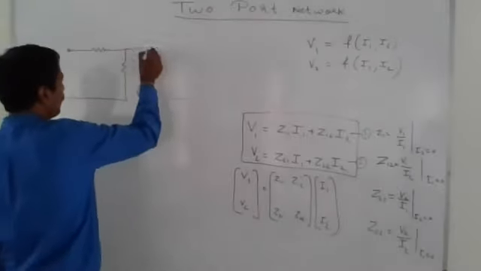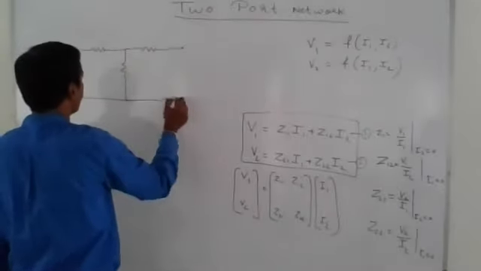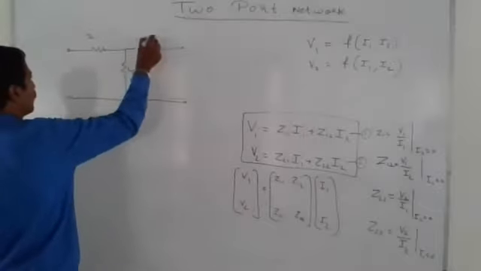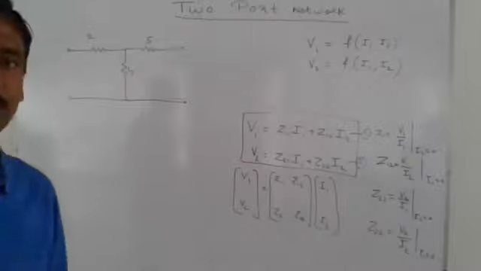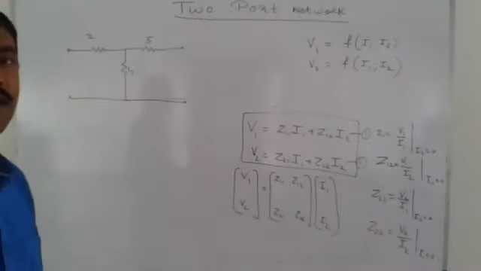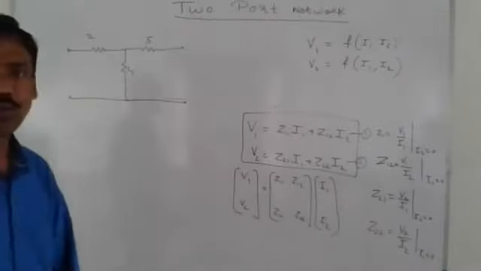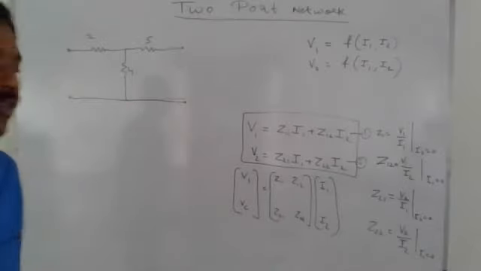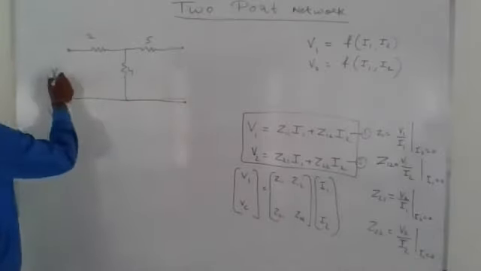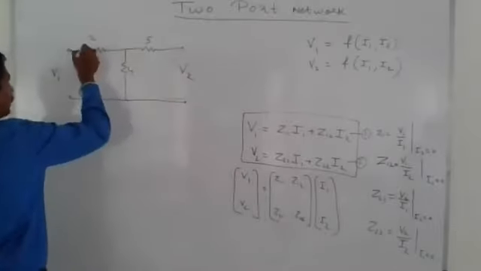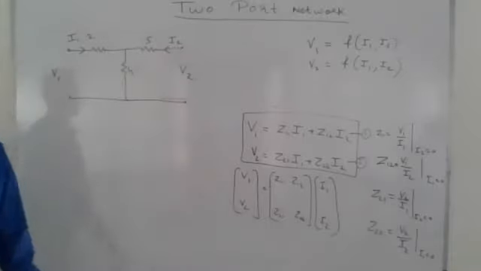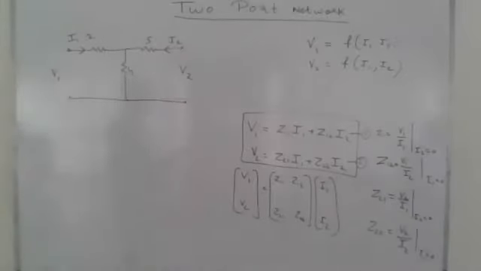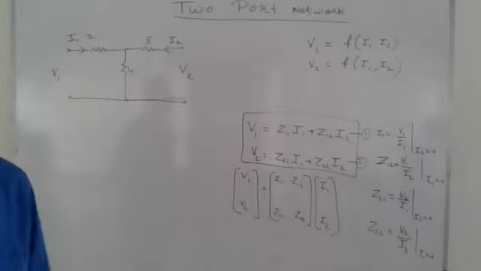In this you are able to find the parameters. A simple circuit is given and you are asked to find the Z parameters of the circuit. There are 2 methods, or just by Kirchhoff voltage law we will find. We will take this as V1, this as V2. Take the direction of I1 in this direction and the direction of I2 in this. You will understand the concept by solving this problem, how to find the Z parameters of the circuit.